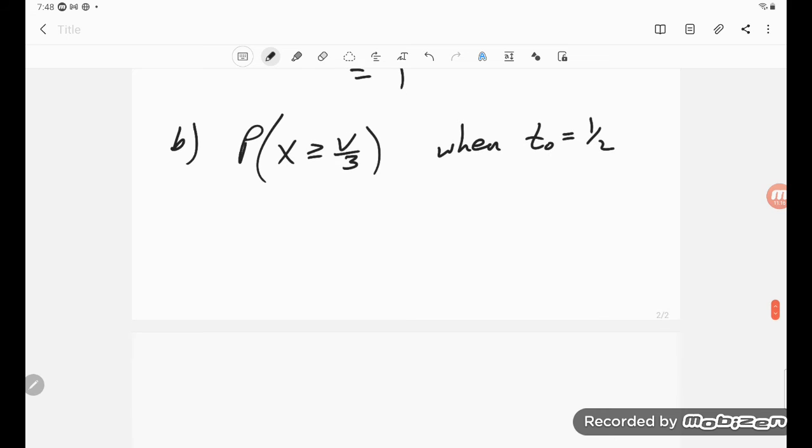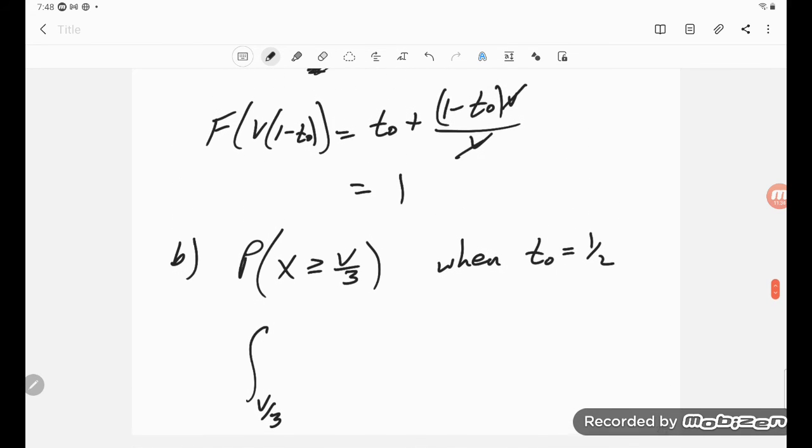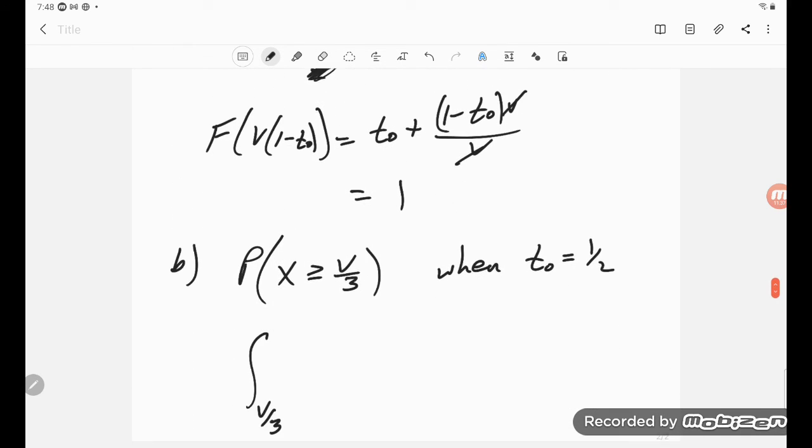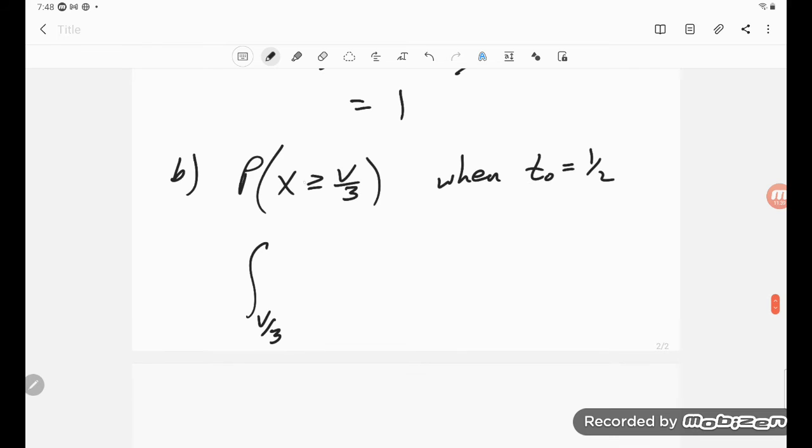Okay, so the probability, that would be the integral from v over 3 to v times 1 minus t0, right, because that would be x max. But 1 minus t0 is just 1/2 as well, so we would get v over 2,